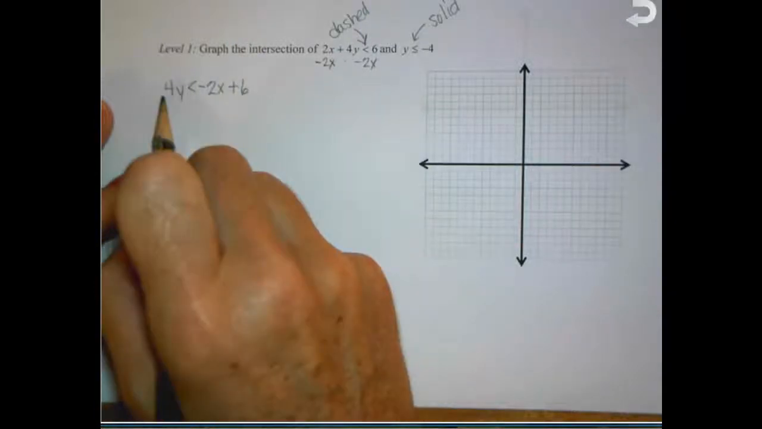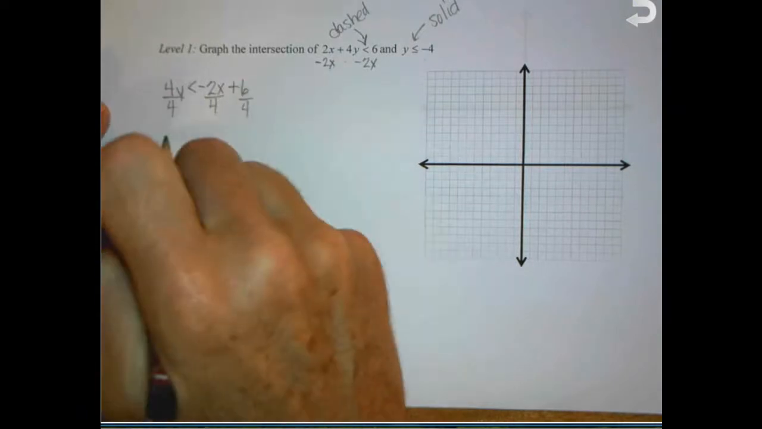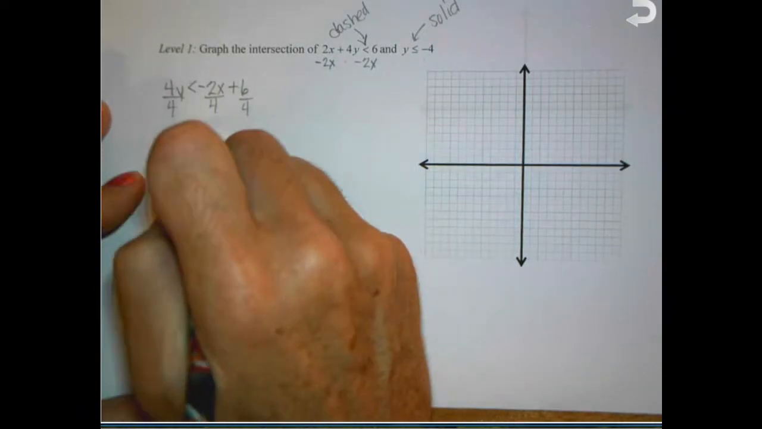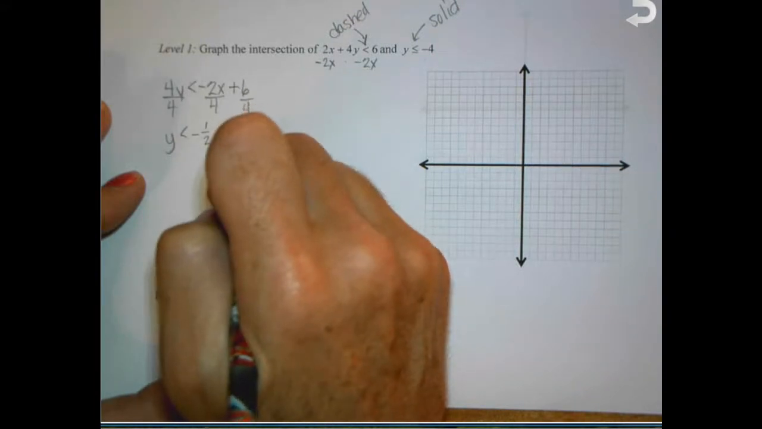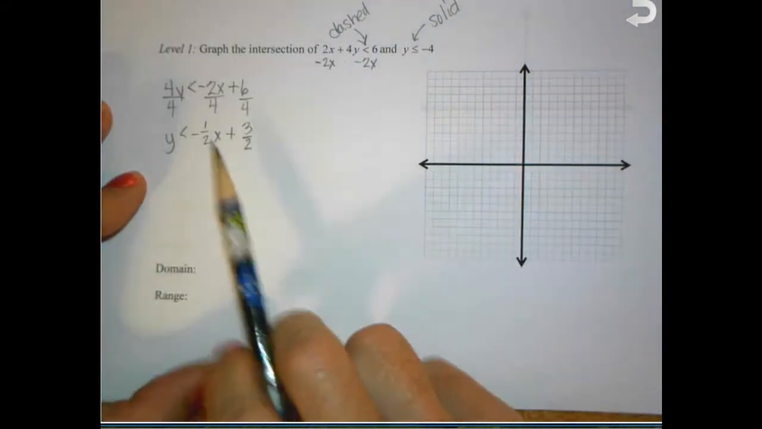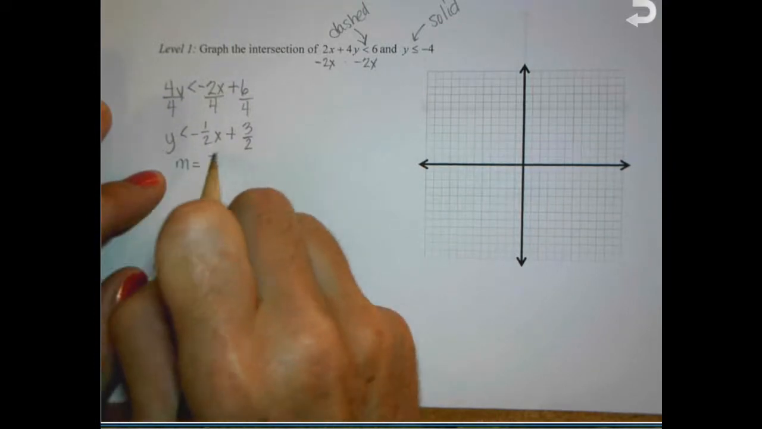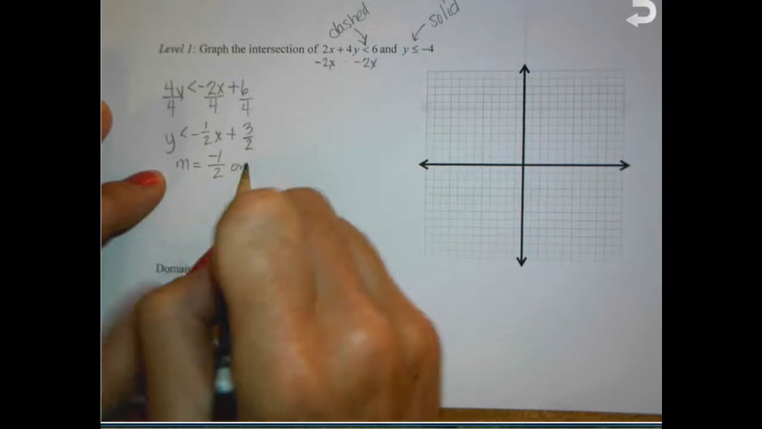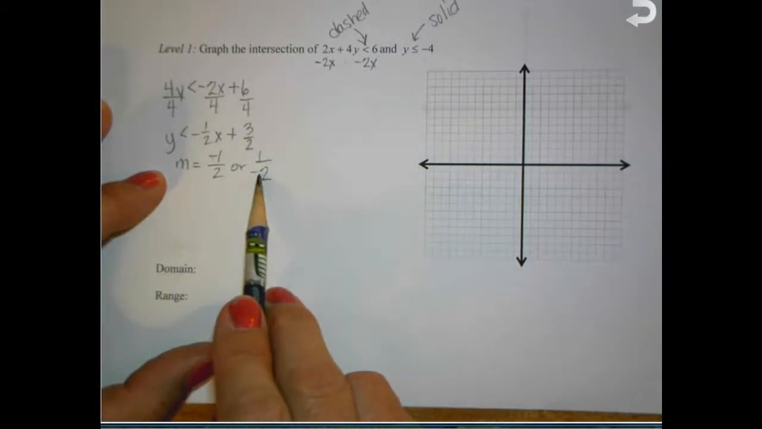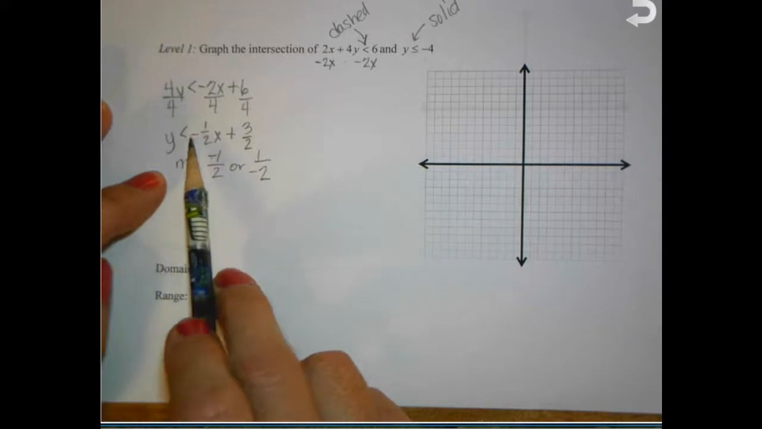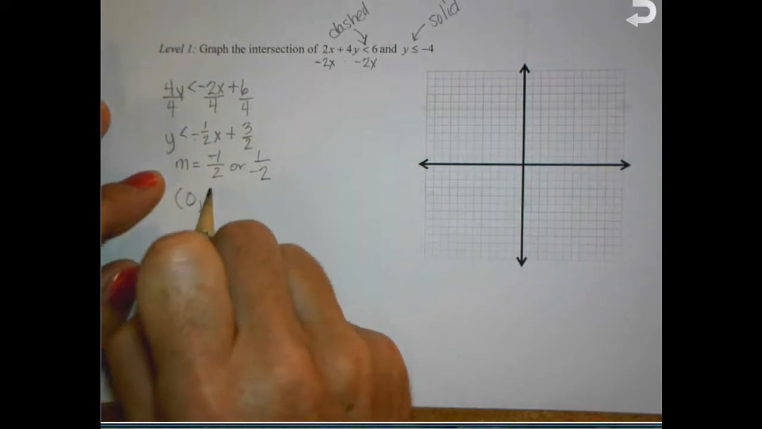6. Divide each term by 4. And I have y is less than negative 1/2 x plus 3/2. So my slope is negative 1 over 2 or 1 over negative 2. I can put the negative in the numerator or the denominator or out front, and the three fractions are equivalent. And then my y-intercept is 0,